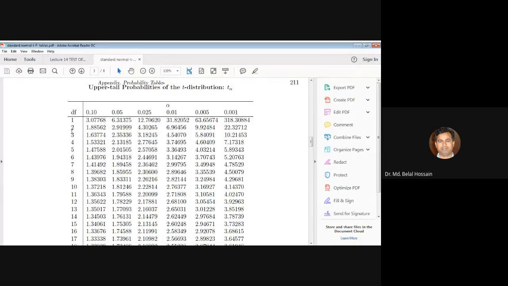In the first column it is the degrees of freedom. For example, if you have 10 samples, then the degrees of freedom is 9, n minus 1, and if you want to compare that with 5%, that is 0.05, then the value should be